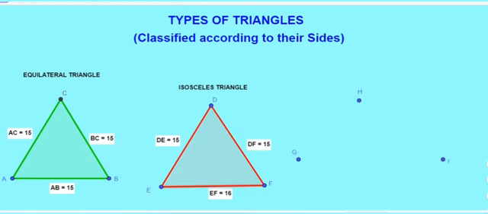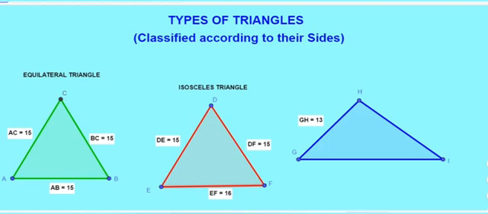Let us see another triangle. Okay, look at here. I am taking the measurement now. GH is equal to 13 centimeters. Next, HI equal to 16 centimeters. And GI equal to 22 centimeters. So we can say, three sides are different, one is 13, one is 16, one is 22. That is, all the sides are different. So we say they are called scalene triangles. If all sides are equal, equilateral. All sides are different, scalene triangle. If two sides are equal, isosceles triangle. Clear? Okay, good.